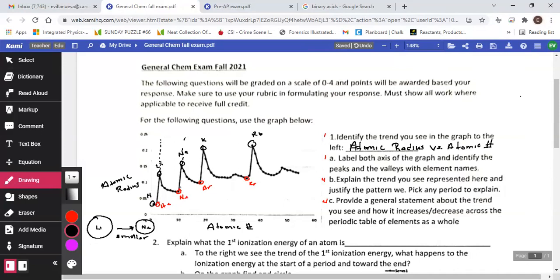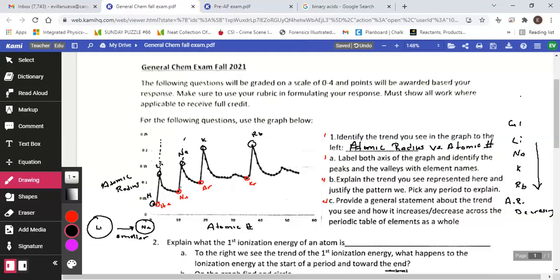1C says, provide a general statement about the trend you see and how it increases or decreases across the periodic table. Well, here from lithium to sodium to potassium to rubidium, what we're doing is we're going down the periodic table, right? So we have lithium, sodium, potassium, and rubidium. These are all elements in group 1. So as you go down the periodic table, right? As you go down the periodic table, then the atomic radius, which I'm going to abbreviate AR, is decreasing,